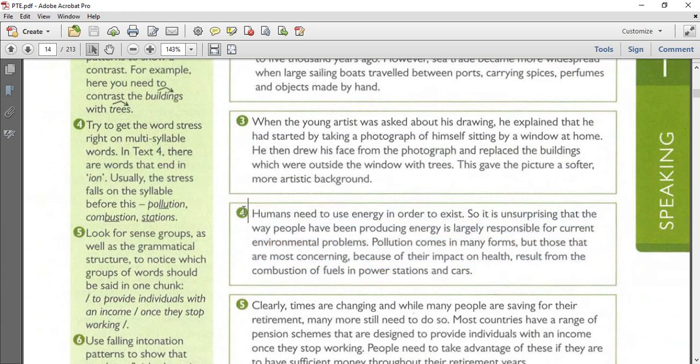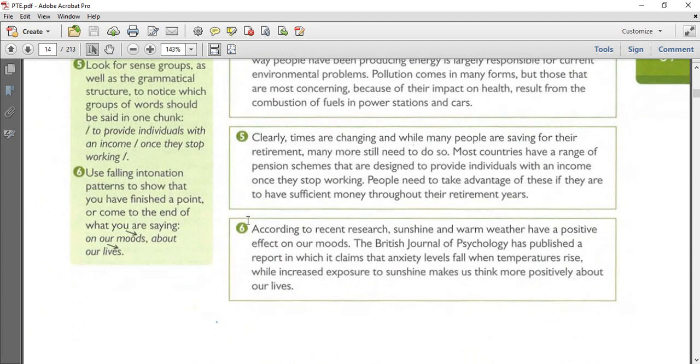Let's do it again with this paragraph. Humans need to use energy in order to exist, so it is unsurprising that the way people have been producing energy is largely responsible for current environmental problems. Pollution comes in many forms, but those that are most concerning because of their impact on health result from the combustion of fuel in power stations and cars. So that is basically the difference between using all the tips and